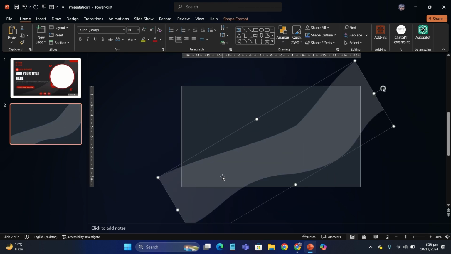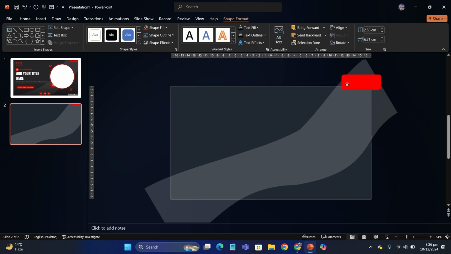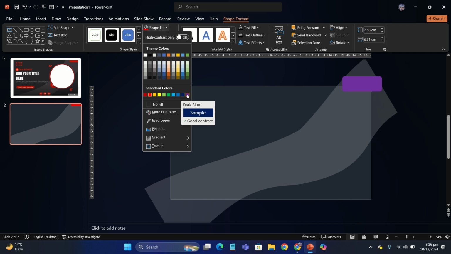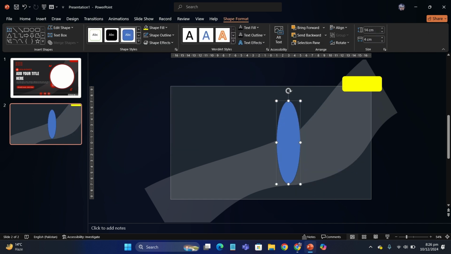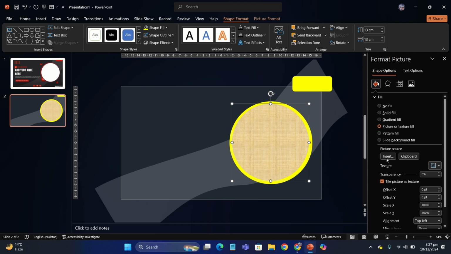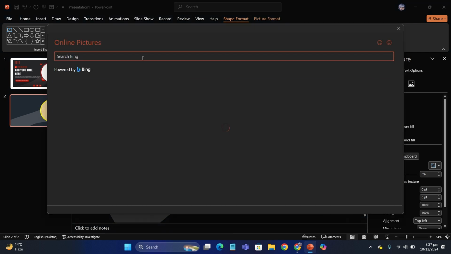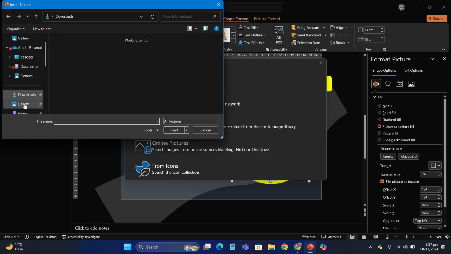increase its transparency. The next thing you're gonna do is insert a rounded corner rectangle on the upper top right corner, and let's change its color and insert a circle of same height and width, and you're gonna change its color to the same color you used for the rounded corner rectangle. Duplicate it and you have to make it smaller, and then you have to insert an image in it about